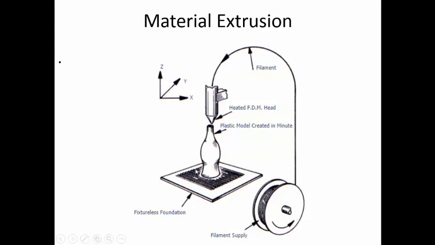Then once a particular layer is completed, the table either moves down or the nozzle moves upwards, depending on the system. Then there will be further X and Y movements either for the table or for the nozzle. Usually if X and Y movements are given to the table, Z movement is given to the nozzle. The distance between the table and the nozzle is going to increase by 1 layer thickness. Either the nozzle will move upwards or the table will move downwards to create the gap between them.